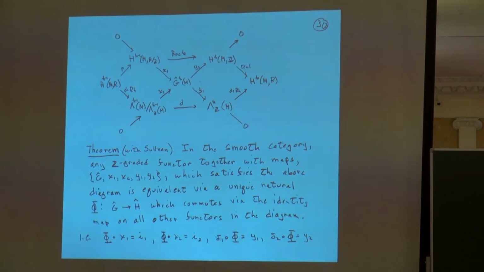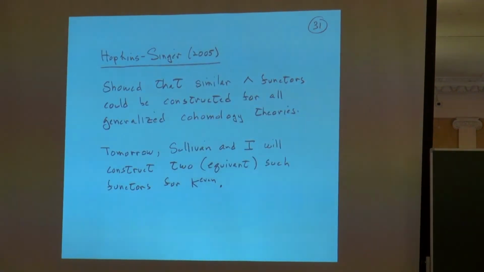So maybe, and I won't go through the proof, maybe tomorrow we'll talk about something. Hopkins and Singer in 2005 showed that similar hat functors could be constructed for all generalized cohomology theories. So this kind of a functor is what's become the subject of differential cohomology. And tomorrow, maybe, Sullivan and I will construct two. One would be enough, but we may do two